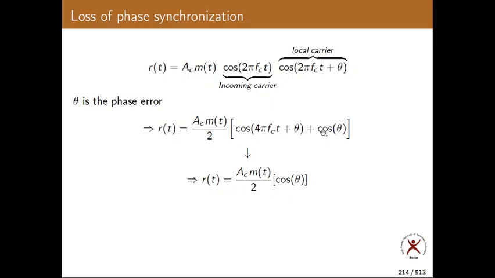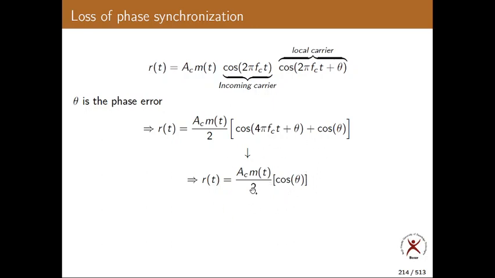What is the extra term you are getting? Cos θ. It was not present in the previous example because there was no phase error. What had I taken? They have the same phase, which means θ is 0. There is no error. That's why θ equals 0. If θ is 0, what is cos 0? 1. So it becomes exactly the previous example. But here I have taken some phase error. Okay. So this is what you get.